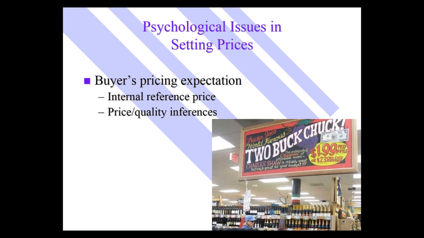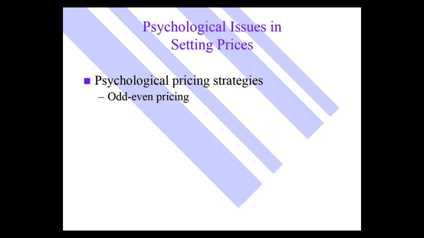Another psychological pricing issue is what's often referred to as odd-even pricing. And this is pricing around a nine-figure. It's 99 cents, it's $9.99, it's $19.99. I know a lot of times you might look at that and say, well, come on, it's not $9.99, it's $10. Or a car that has a sticker that says $19,999. That's probably $21,000 once you add everything on there. But marketers use this so-called odd-even pricing all the time because it works.